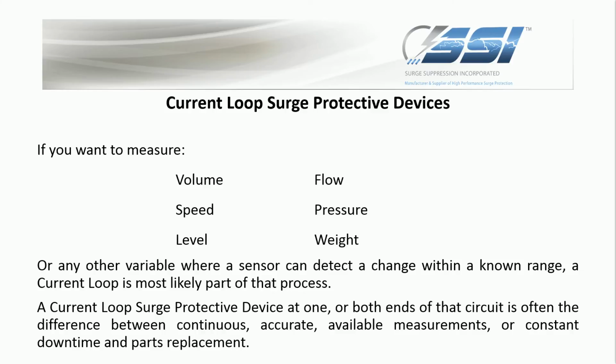If you want to measure volume, flow, speed, pressure, level, weight, or any other variable where a sensor can detect a change within a known range, a current loop is most likely part of that process. A current loop surge protected